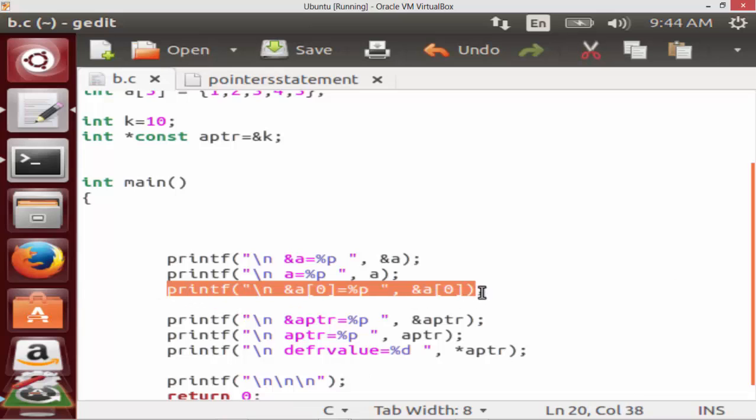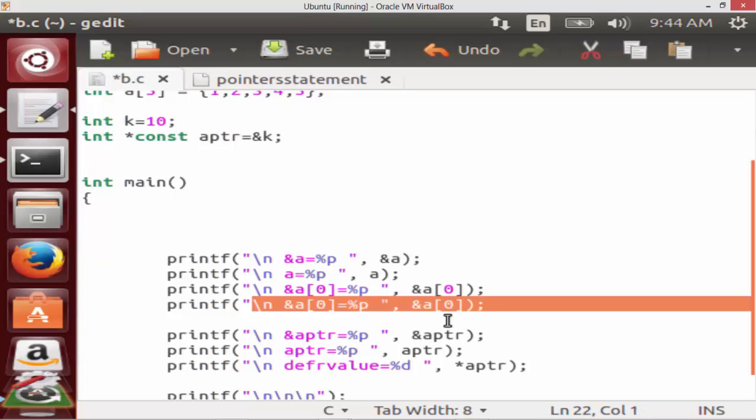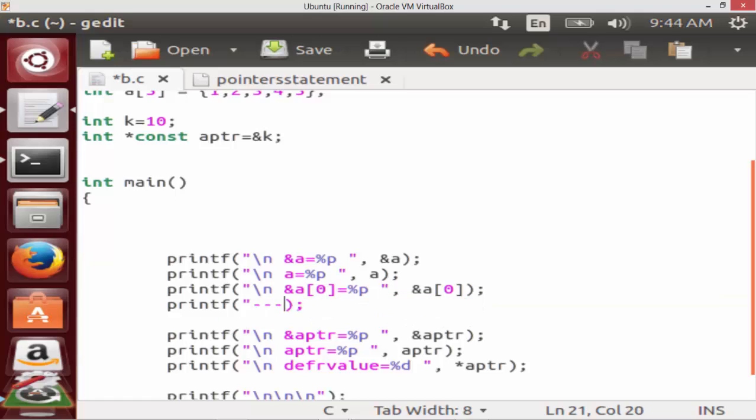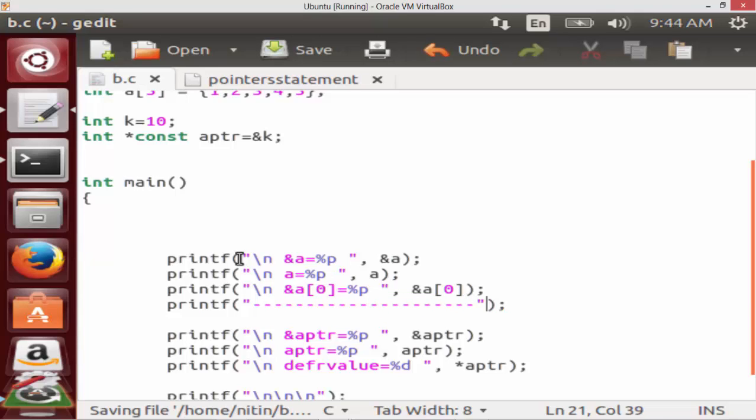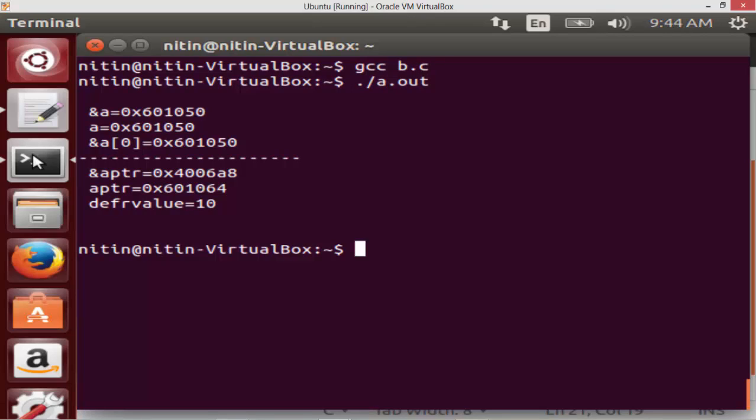Did we get this? Let me just put a separator there. If you look, there is this difference.